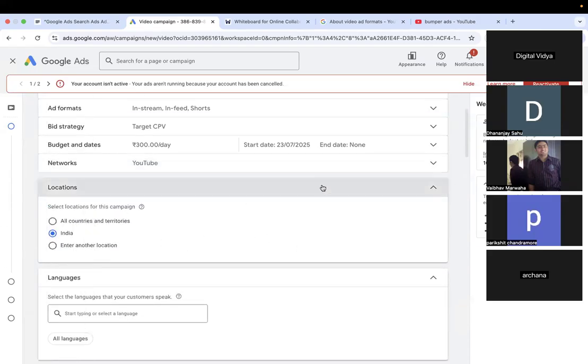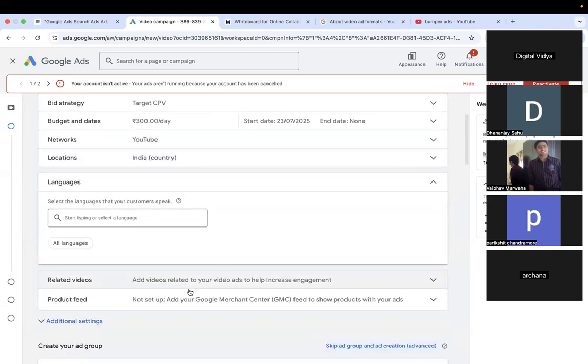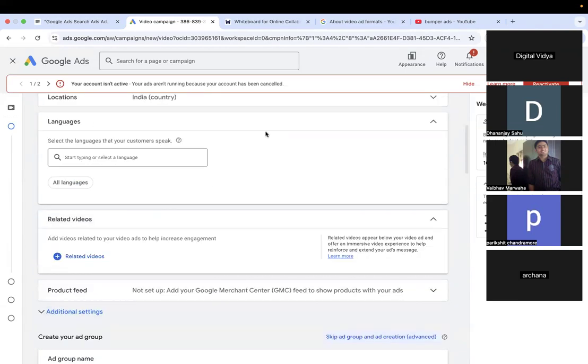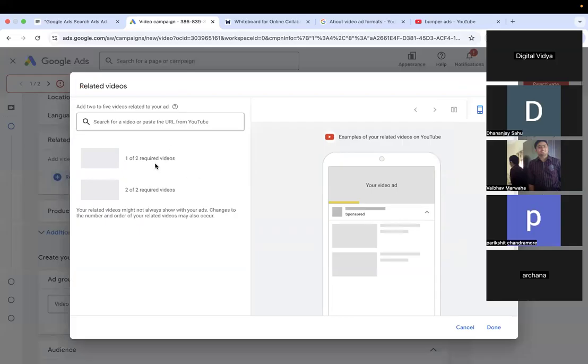Your location targeting, your language targeting. Now comes the ad part. Add related videos to your video ads to help increase engagement. Related videos appear below your video ad and offer an immersive video experience to help reinforce and extend your ad's message. So you can add two related videos. For example,